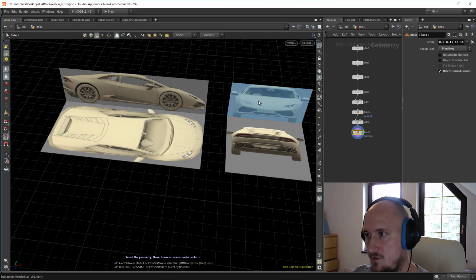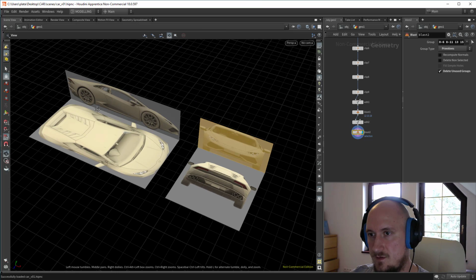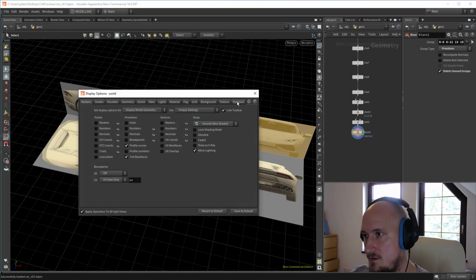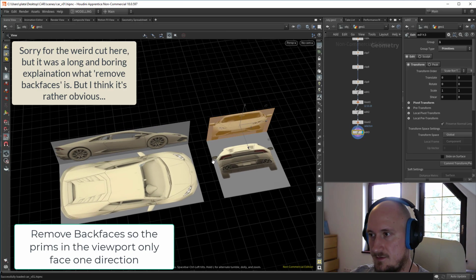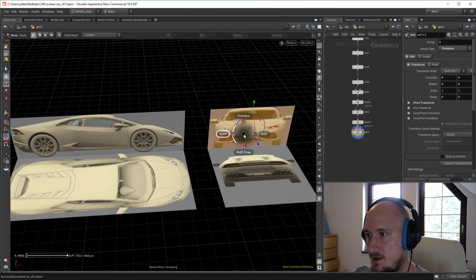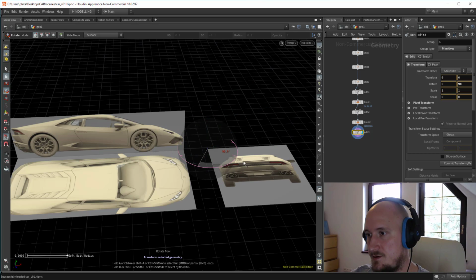So now I need to move that guy. I think I have to move it right over here. By the way, also press D and go to optimize and do remove back faces. The T for transform, move the pivot, so insert, X for point, it's there. Okay, insert again, E for rotate, Control to snap,